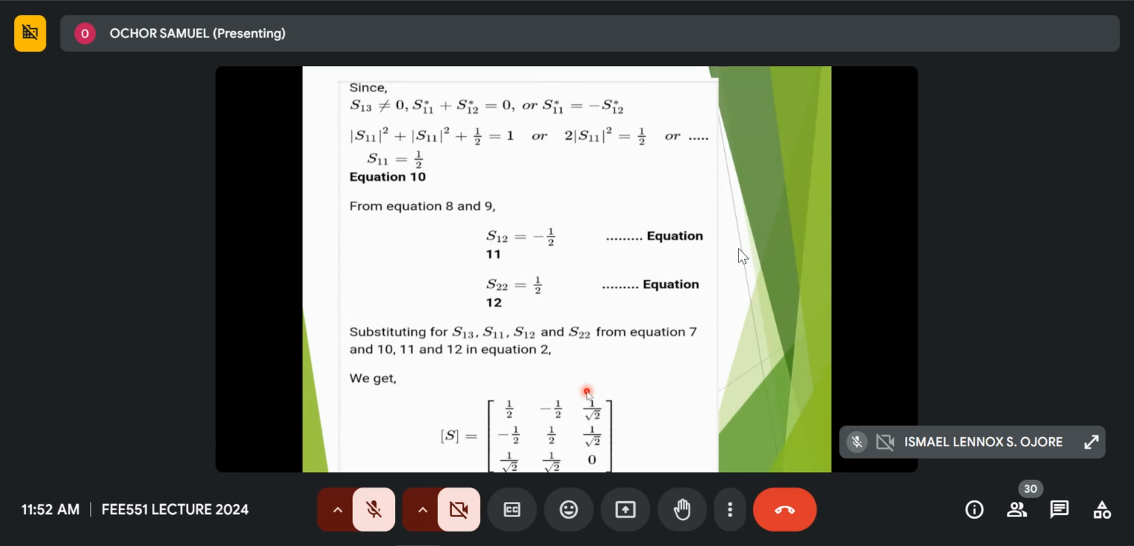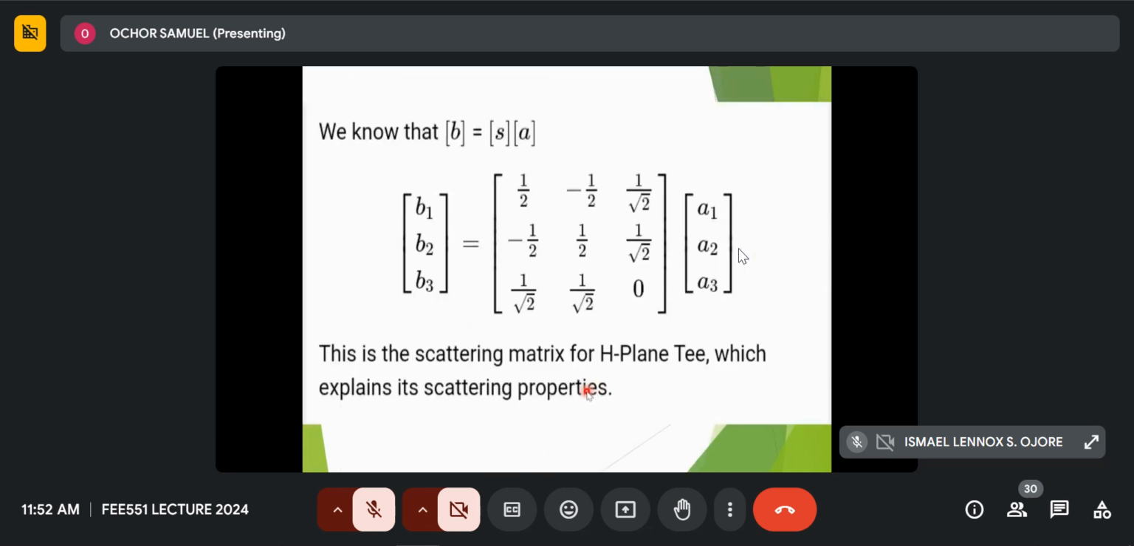That's the map now that is showing the H plane tee. Remember what I said: the B's are the outputs, the A's are the inputs, and the scattering matrix is what is going to dictate how the scattering is going to be inside the junction. And we have already derived that matrix and it is given as such. Next,